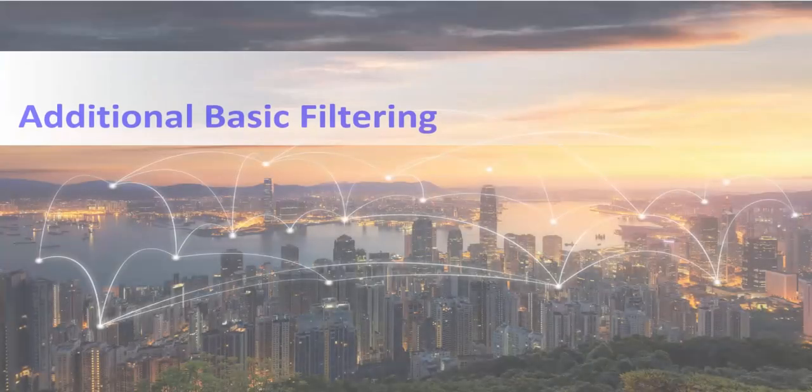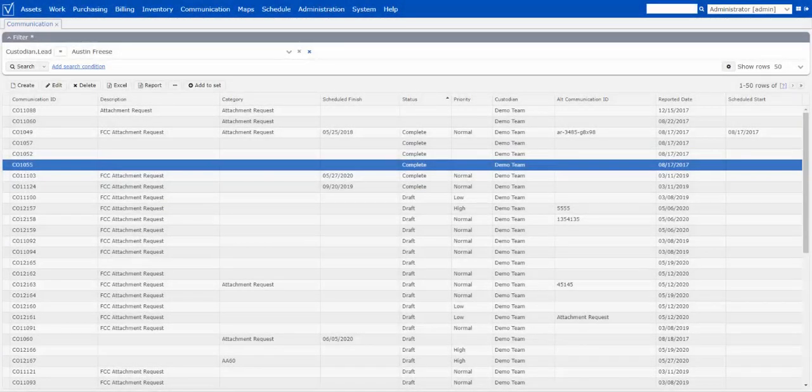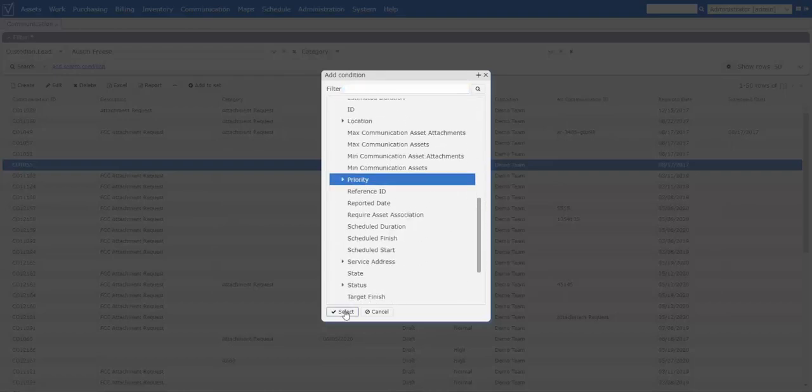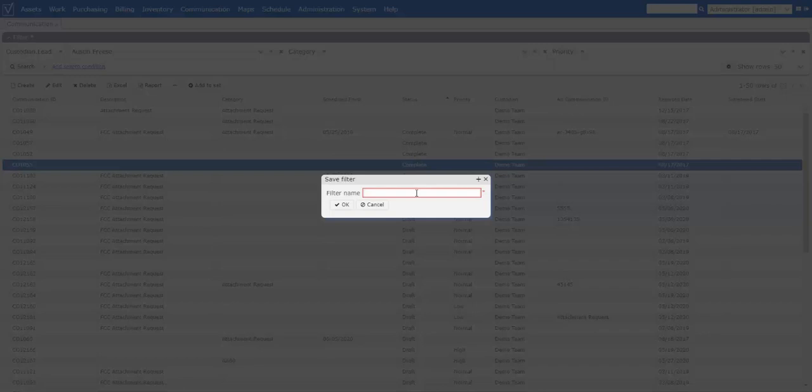What we have learned here from this tutorial can be applied to build new filters and save them, or even edit existing ones. The way you can build filters is, again, very similar to what we walked through, but you would just add multiple search conditions, one or many, to the browse screen at the same time. So for this example, maybe we'll want to search by category and maybe priority. So once you have your parameters set, you can select the cog, select save, give it a name,